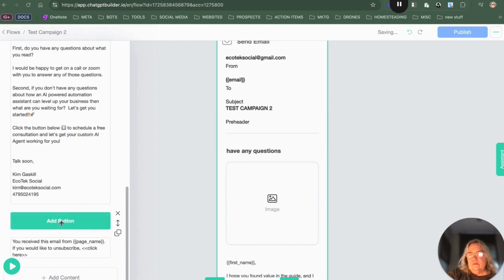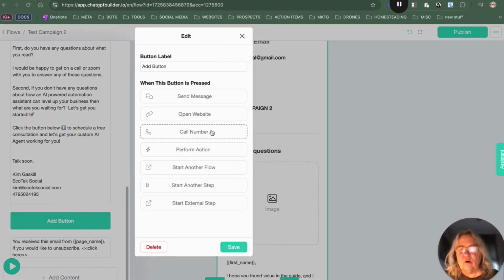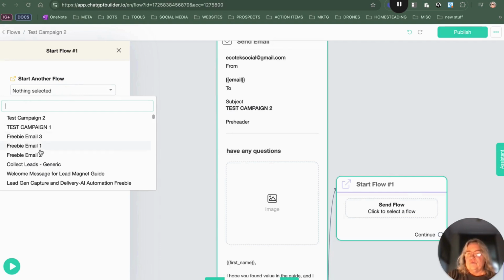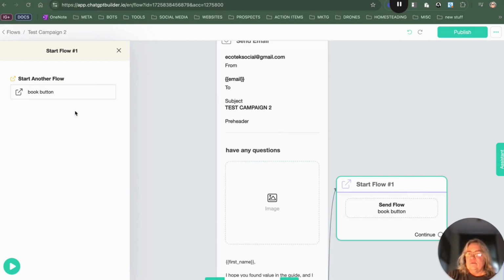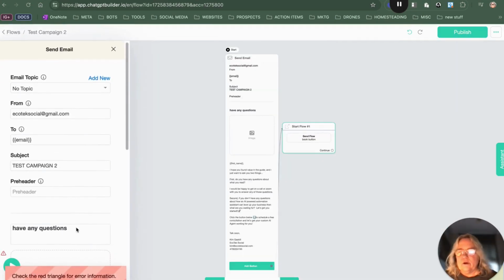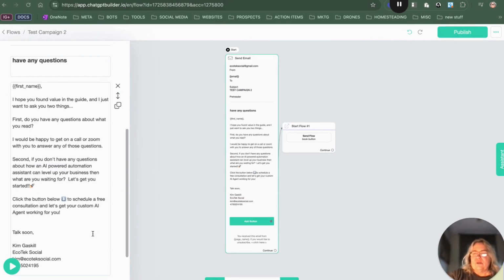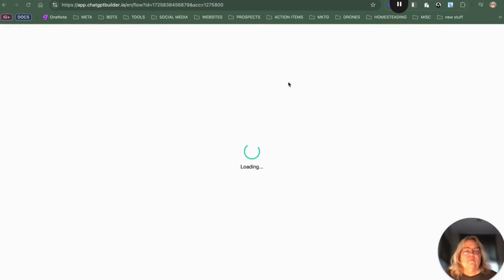And then on this button, okay, this is where we wanted to book a call. So you're going to go in here. If you want them to book a call, you could have them call a number or do other things, but this is where you're going to start another flow. So if you want something else to happen, choose the flow that you wanted, and we'll do the book button flow, so that it does that, and publish it. Oh, got an error because I had an image in here and I didn't put anything in, so you got to make sure you take that out if you do that. Publish it,